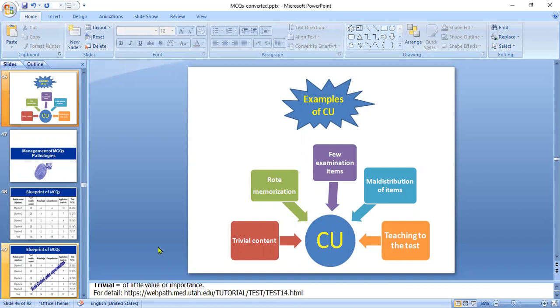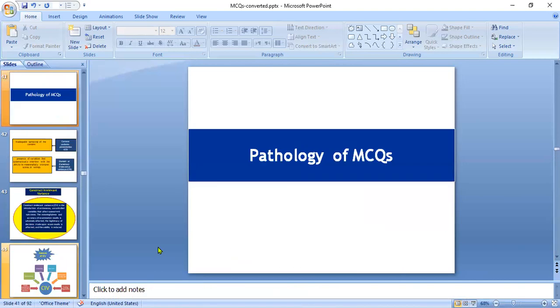Similarly, rote memorization, which in simple Urdu we call रट्टा लगाना. So this is one of the biggest ways we can change this rote memorization concept: by putting in context-rich MCQs. If we give context-free MCQs, that will be directly from the content which they have studied. So if they have memorized it, they would simply be able to solve it. But if we have that context-rich MCQ again, it means